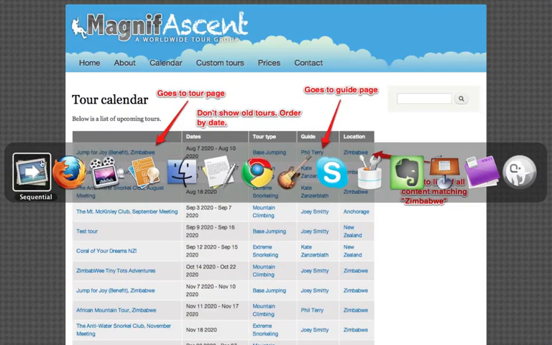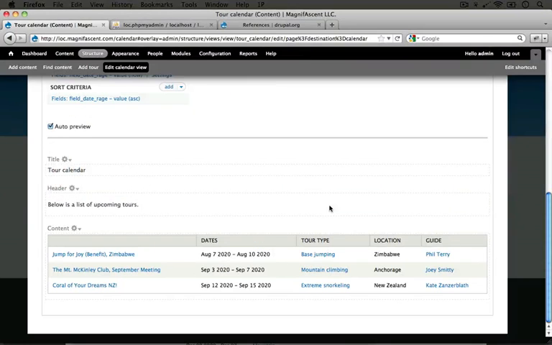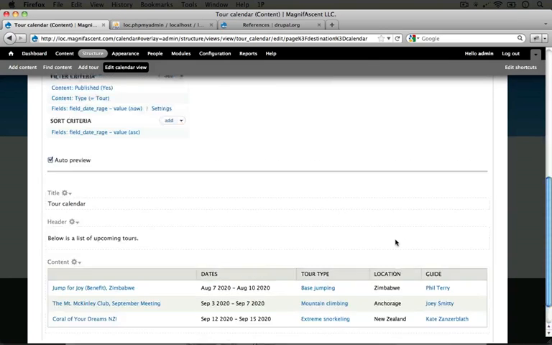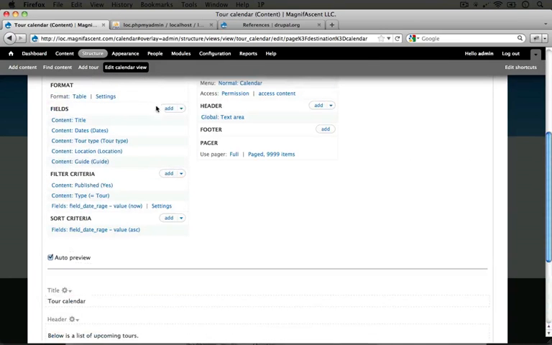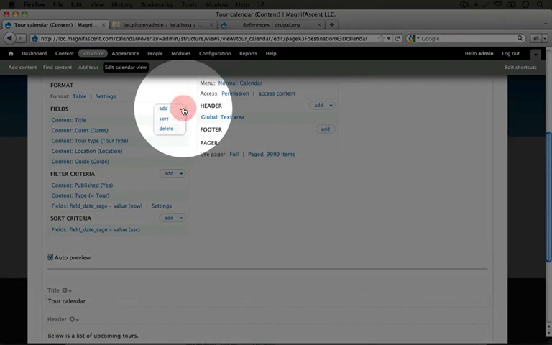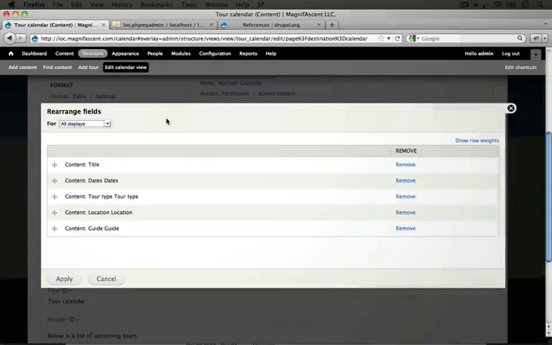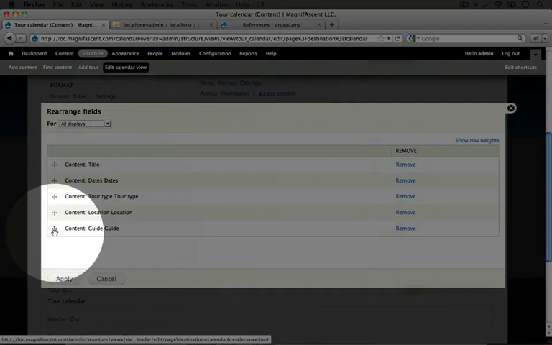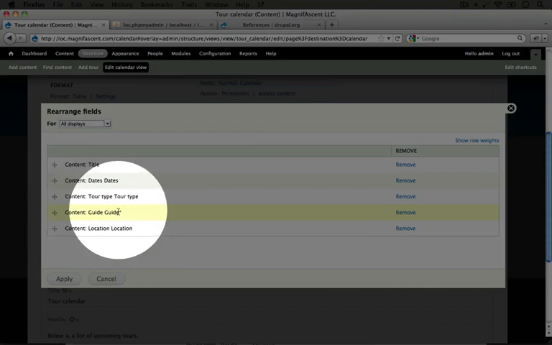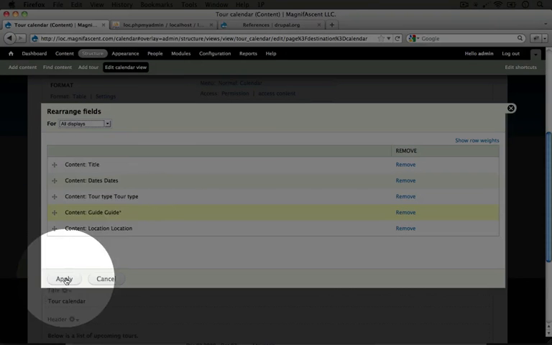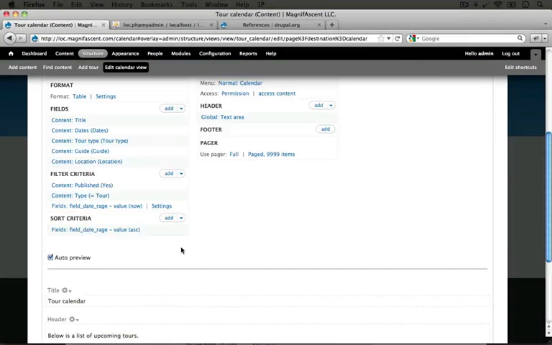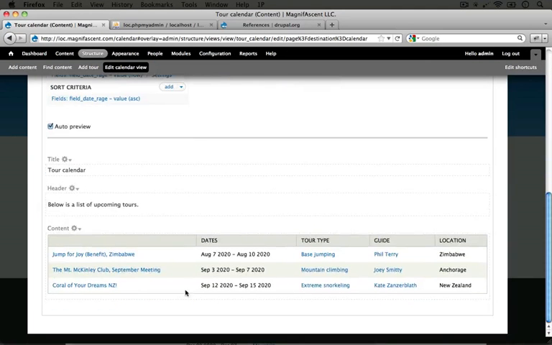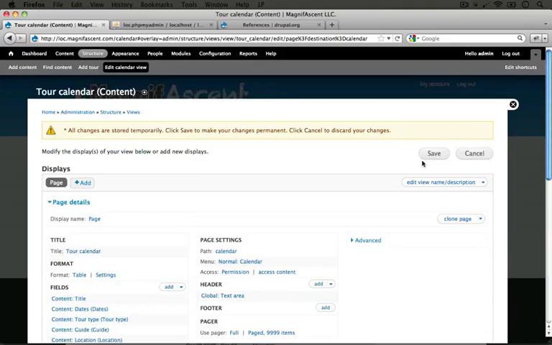Okay, let's go ahead and put that field in the correct position. It's supposed to go to the right of tour type. So I'm going to scroll up to fields and let's go ahead and sort. I'm going to click the arrow and click sort. And I'm going to move the guide here to the right of the tour type by dropping it below. And then I'm going to click apply. If we look at the preview, I'm going to scroll down. We'll see it in the right position. And let's go ahead and save this view